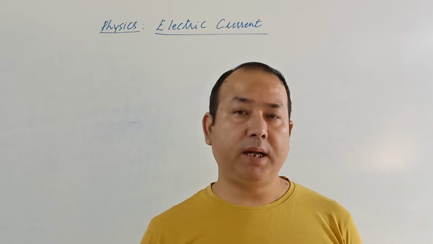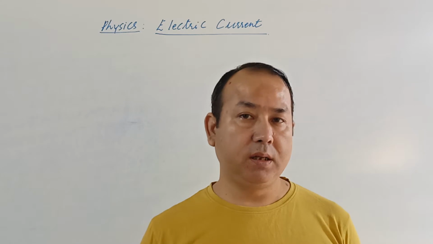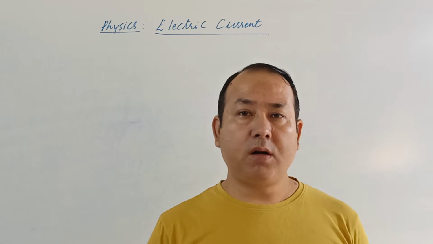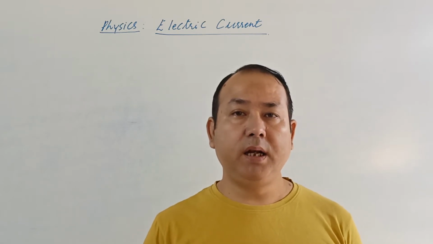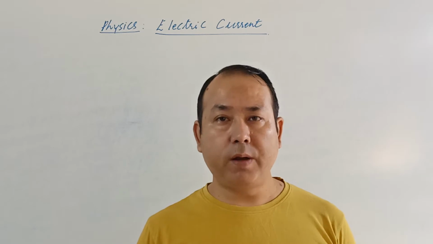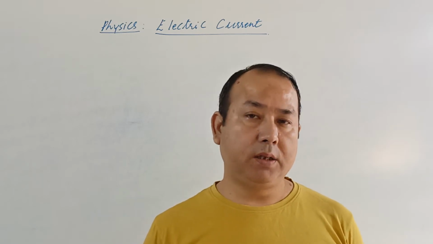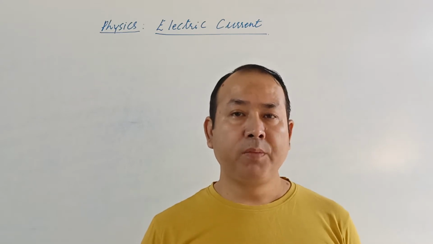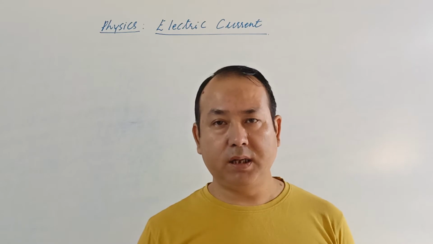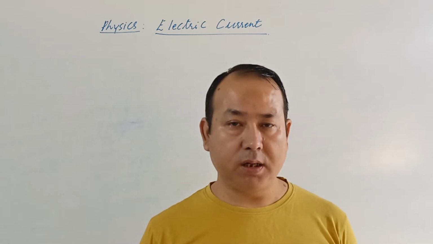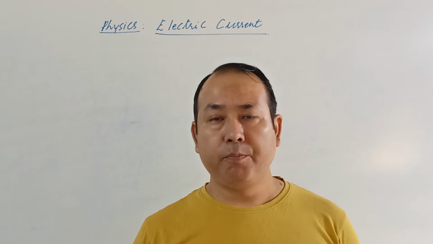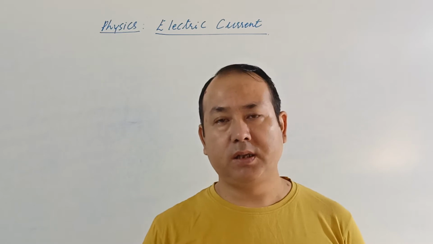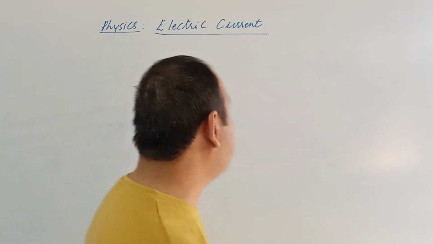Now comes the next topic, combination of resistors in the electric circuit. In an electric circuit, the resistors or resistances can be connected in two different ways. Mainly in two different ways. In your book it's given that it is connected in three different ways. The first one is series combination, the second one is parallel combination, and the third one is both series and parallel combination. So in this video today, we'll try to understand what is meant by the series combination of resistances.